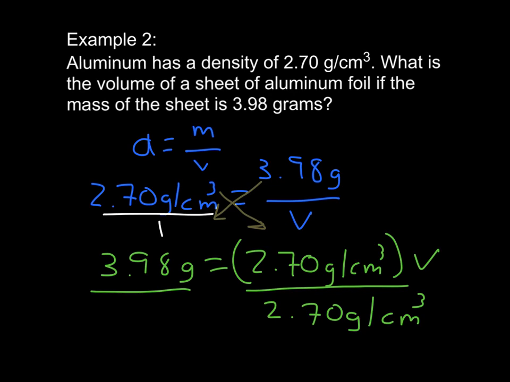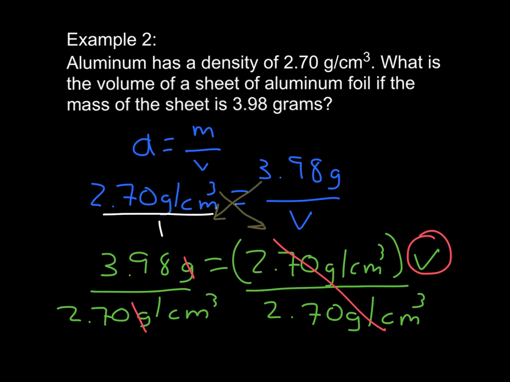Now remember your algebra. Whatever you do to one side of the equality, you have to do to the other. So now our density cancels out. We're left with V. Here on the left side, our grams cancel out,